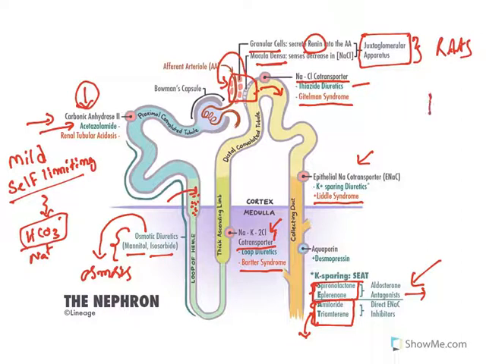When vasoconstriction is there, the excretion will get reduced. That means urinary excretion is reduced. This is to save water loss from the body, because too much sodium chloride going out means from here the body is losing too much water. To avoid that, renin is released. This is how it acts.